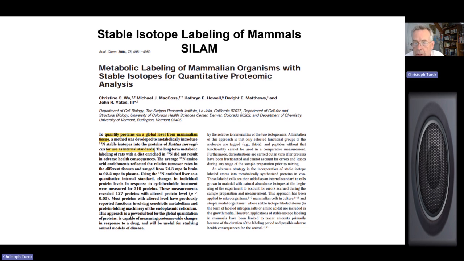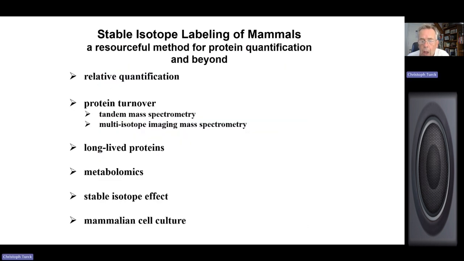Also, one question, of course, at the time was, are there any ill health effects that 15N could cause? But apparently that was not the case. And this was actually supported by our data, as we also developed our own diet with Silantes. We didn't see any ill health effects. The extra neutron in the nitrogen nucleus apparently does not do any harm. I'm going to get back to this at the end of the talk when I talk about the isotope effect. So this is the outline of my presentation today.